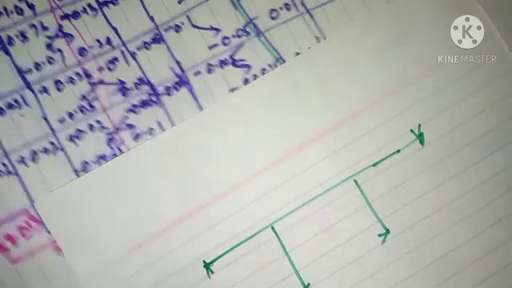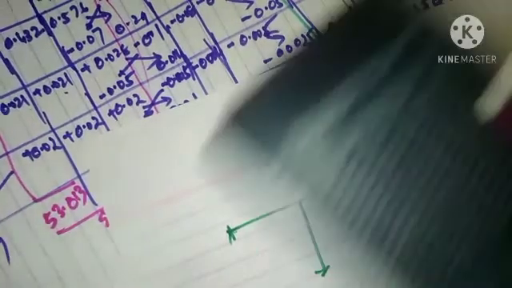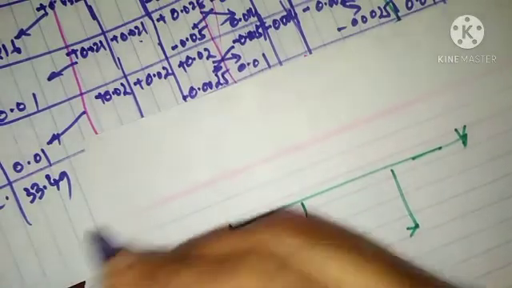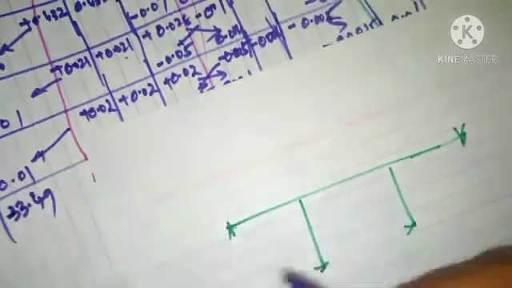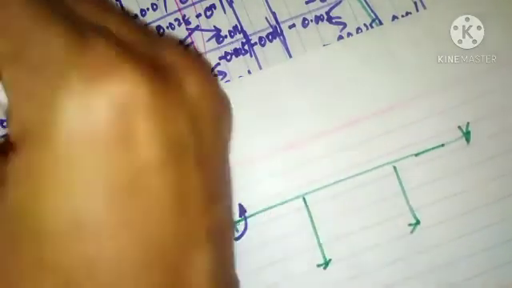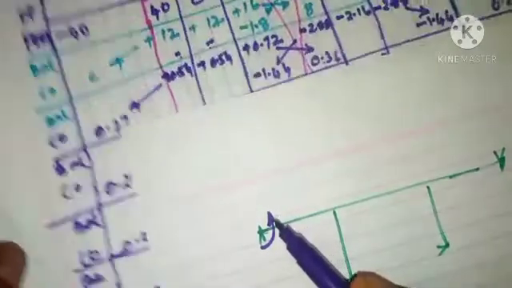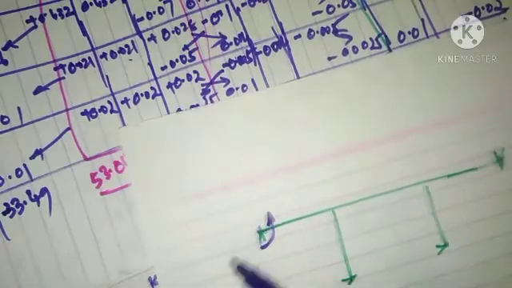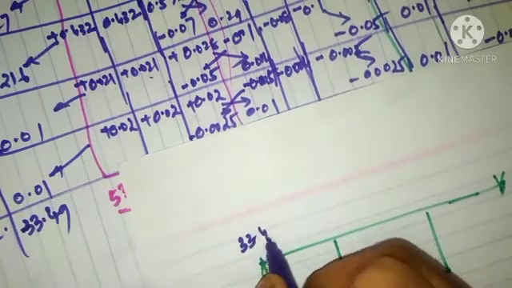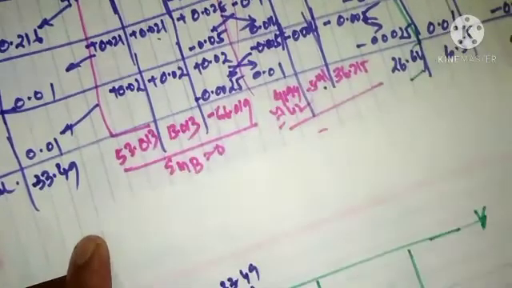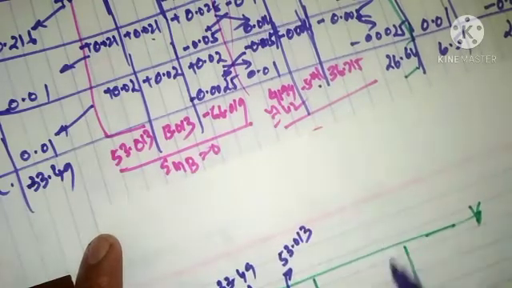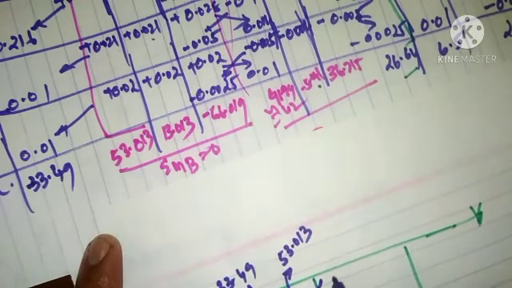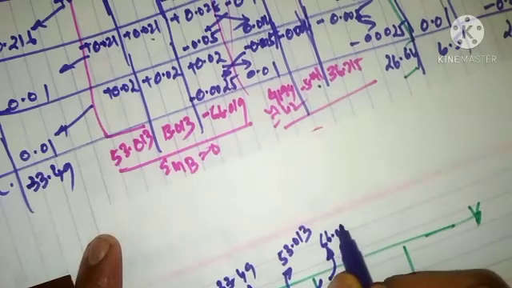and when you redraw the frame, check out the value of the moment and its direction. The value of the moment here is 33.49 at A, which is minus actually, so anti-clockwise, because it is minus 40, so it is minus 34. So net value will come as 33.49. So 33.49 here. Next is 53.013, which is clockwise, 53.013. Then this is 13.013, 13.013, 66.019.